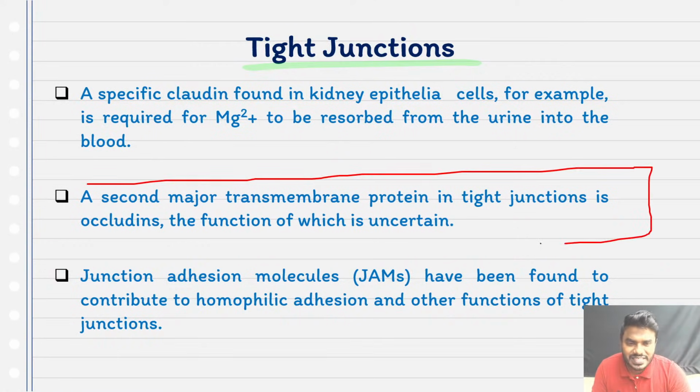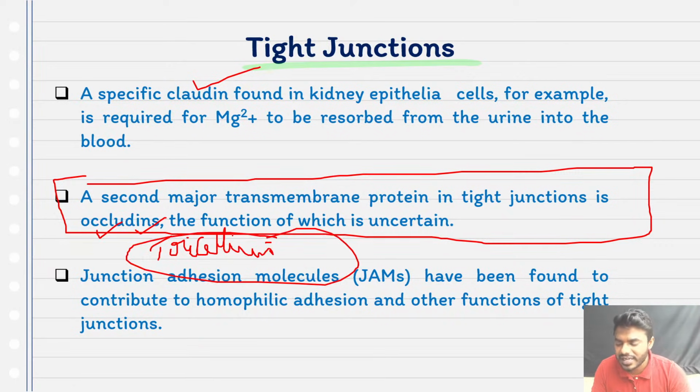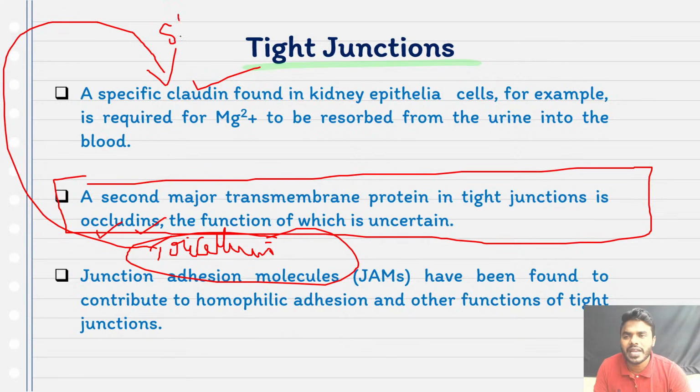Next, the second major transmembrane proteins in the tight junction are, see, I told you the major one is claudin, then occludin and tricellin. Friends, till today we did not understand the clear functions of occludin and tricellin, but the available data is indicating that occludin and tricellins will be responsible for the stability of the claudin, which is the major protein of the tight junction. Do not get confused with that.